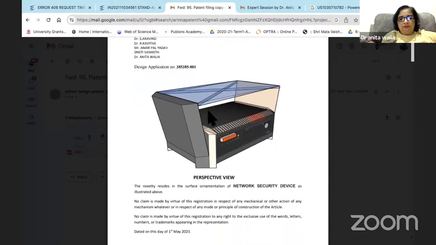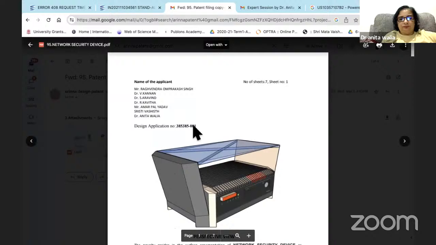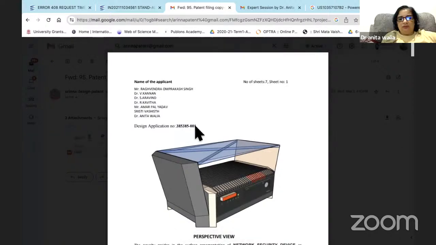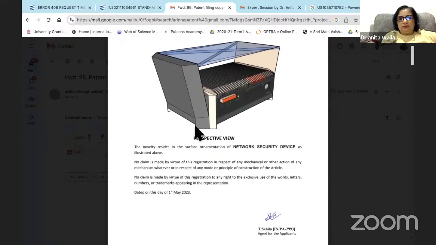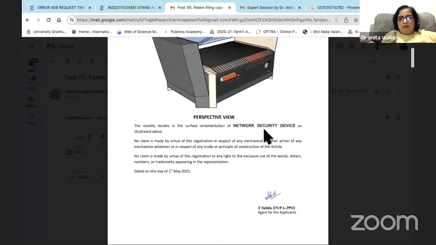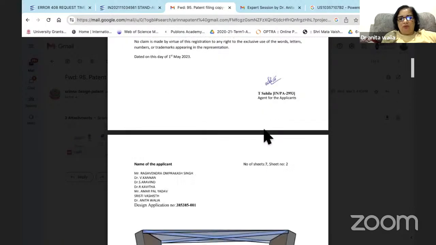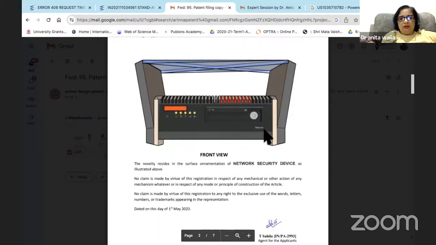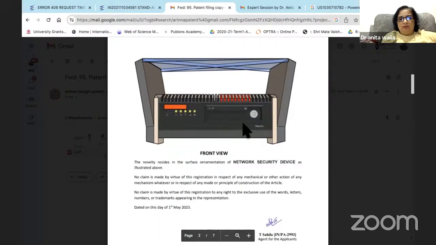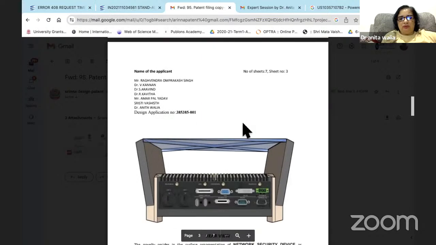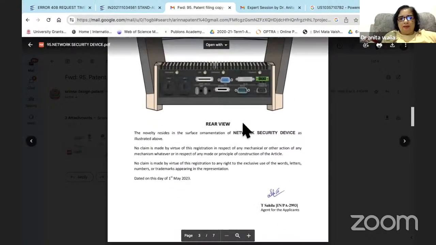So you can see here, the design application number is given. The design is also given, and it's called network security device. We have not gone for utility here. This is a front view of the network security design. This is a rear view.